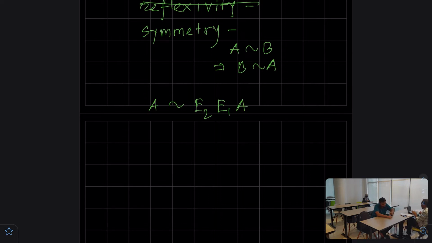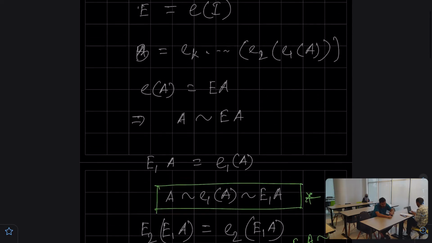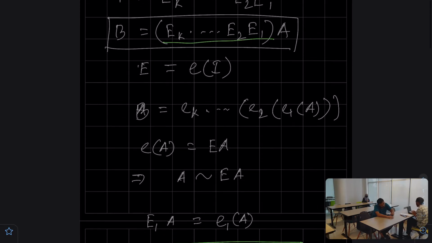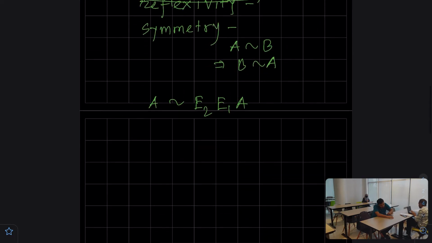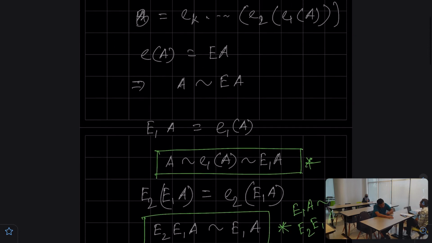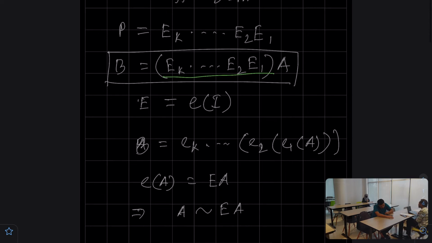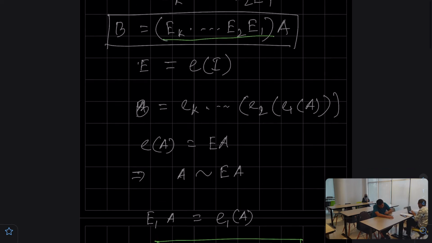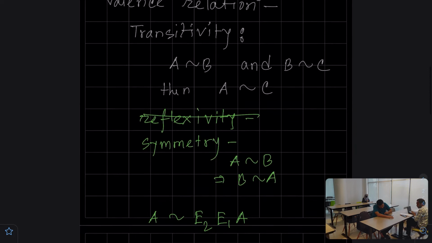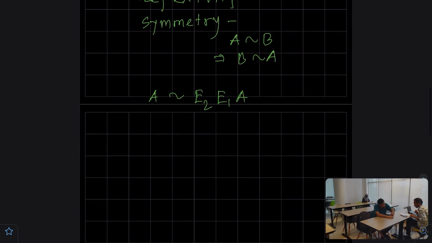And since I'm multiplying a finite number of E's with A, that means there is no issue with the convergence or anything, right? So it follows that of course B is equivalent to A, right? So that was the idea of the proof, but there is also another rigorous proof you can find